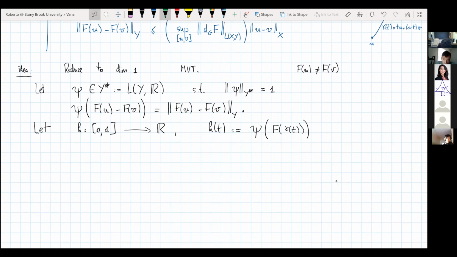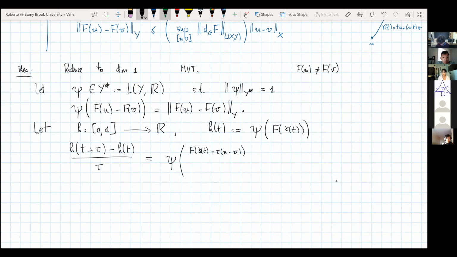So what's the increment ratio? This is by linearity of psi. There is some small computation to be done here, but you can check that this is psi applied to f of gamma t plus tau, minus f of gamma t,